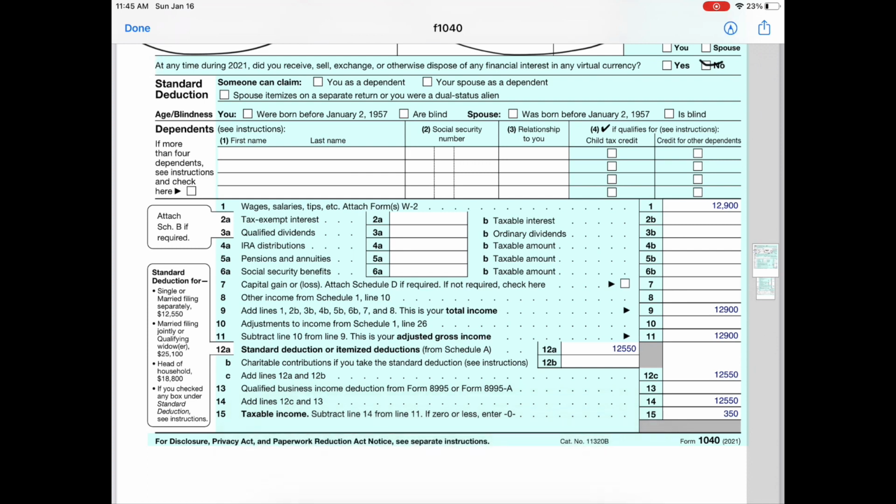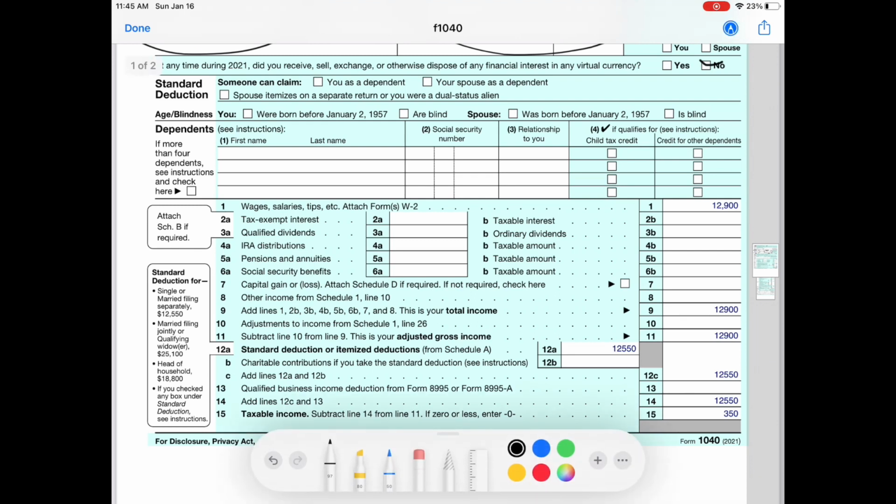So I really wanted to show people just a quick run through so you can really get an understanding. Now, as far as your dependents, if you have any that are yours, that have lived in your household, you've taken care of the majority of the year, you want to make sure you claim them. Again, I don't have any kids, so I'm just putting these lines here just to show you all that you're supposed to put that out. And if the child qualifies for the child tax credit, make sure you notate that as well. So you really want to make sure that you're paying attention to a lot of things that you're putting on this actual